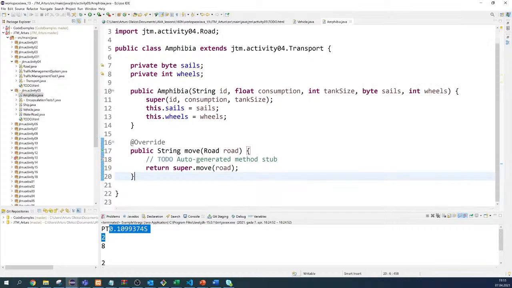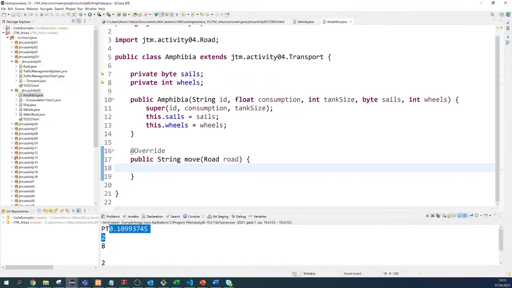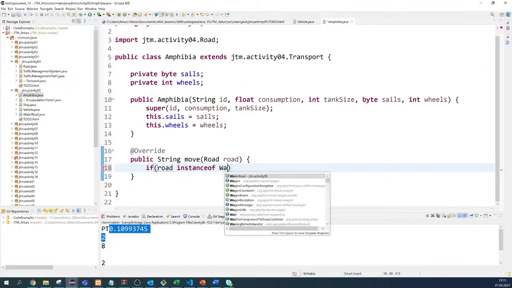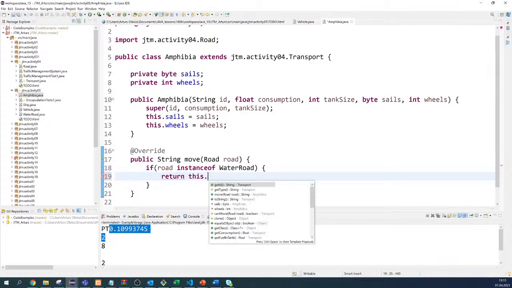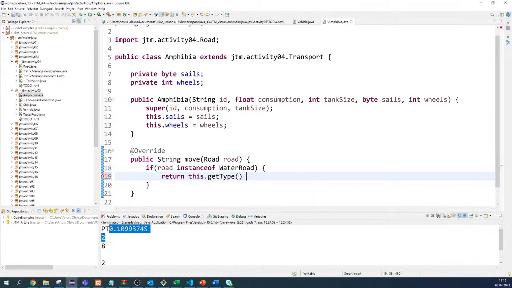And yeah, here we need to check what's the type of the road. So again, if we are on the water, so that will be water road, then we need to cast. Actually, yeah, we don't need to cast here. So if that's the water road, then we need to get the type, and again it is sailing on,